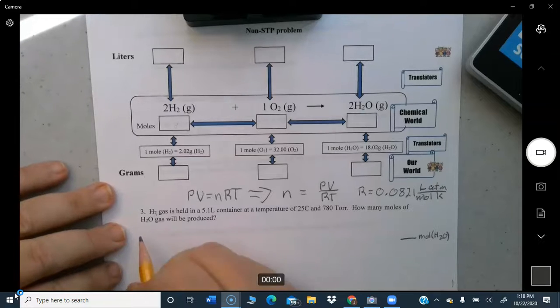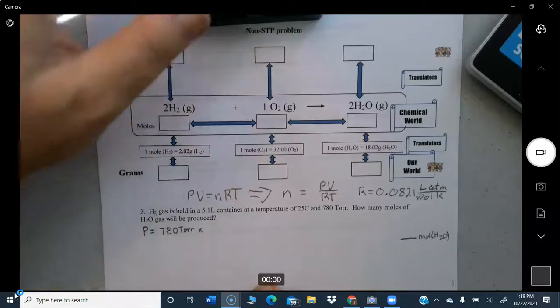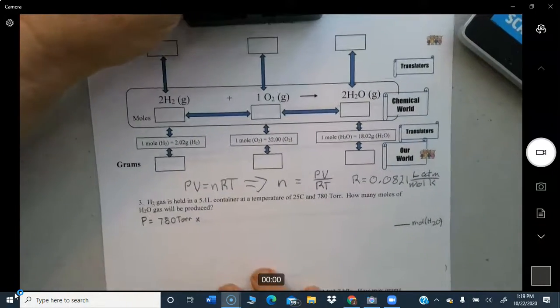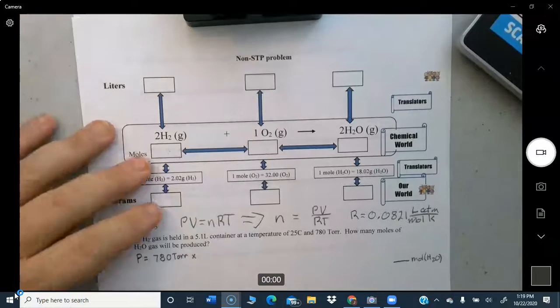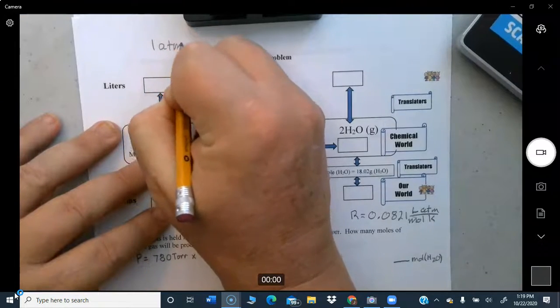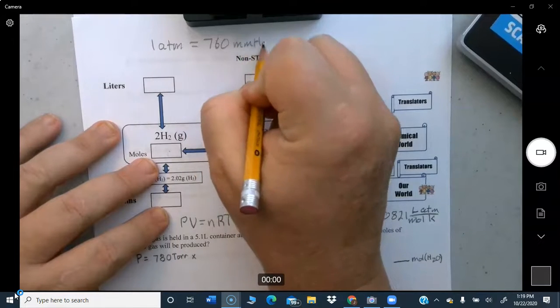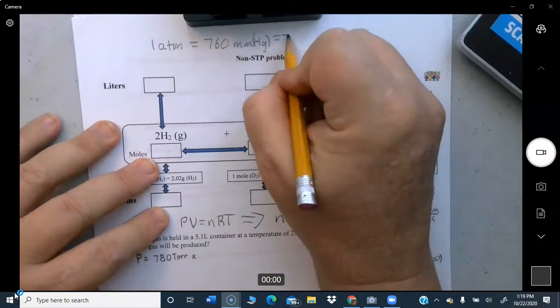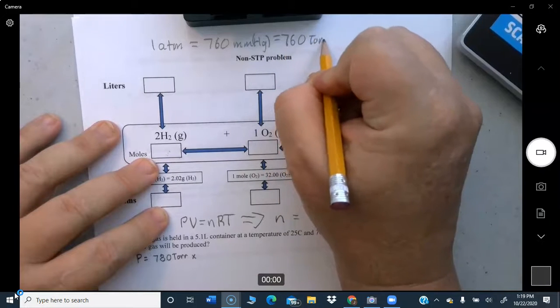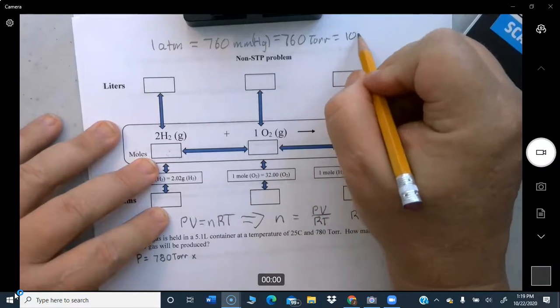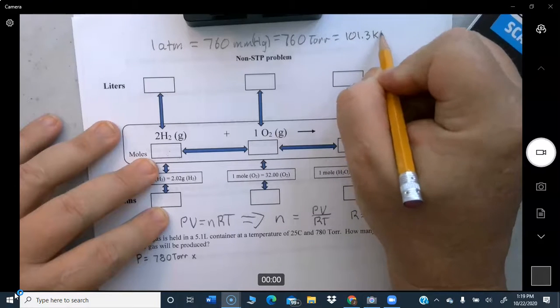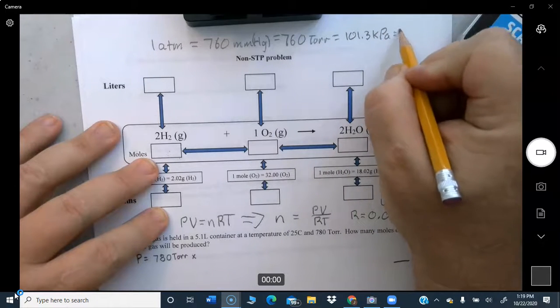Alright, so a few things we have to do. Pressure. Write them out like this. It's 780 torr times, and you've got to know your conversions. Let's go ahead and write them out. Write them at the top, but you're not going to be able to see them on the screen for most of the problem. You should memorize these. It's 1 atmosphere equals 760 millimeters of mercury equals 760 torr equals 101.3 kilopascals equals